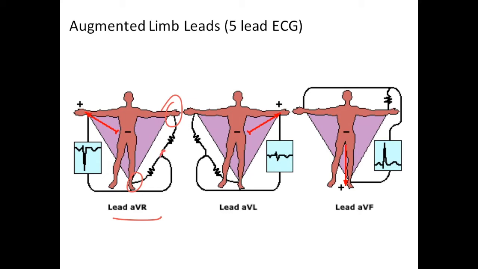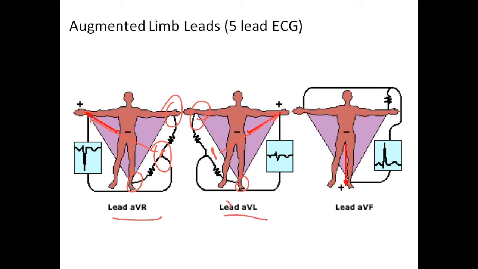That would be your starting negative charge, and then you would look at electrical signal going towards the right arm. So that would be called lead AVR. Another thing you can do is combine the right hand and the left lead together right here, and look at electrical signal from this point going in that direction towards the left hand, and that's called the AVL